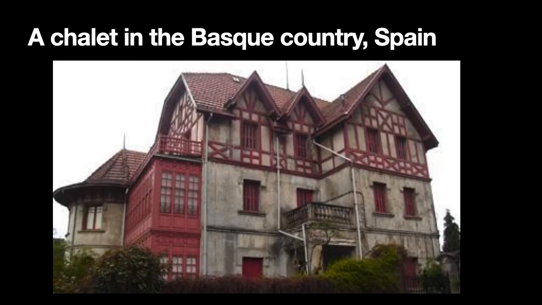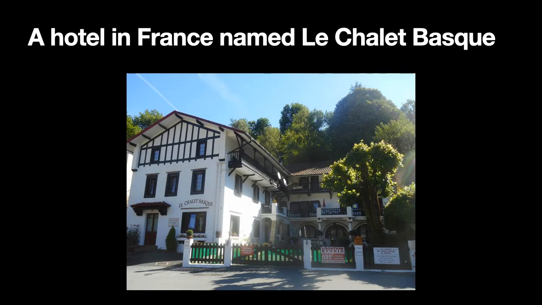If you look here, it is very rich, full of architectural detail. But most of those details have been removed, and only the bare form of a Basque chalet is displayed here. Now, why is that so? Because all those details are unnecessary when you reduce the chalet from meaning to form. When you make it a form, it is just a signifier. And what does it signify? This building in the midst of the city of Paris or any other city in France will signify Basqueness, perhaps, the quality of certain uniqueness that you associate with the Basque region of Spain, because it is not in that region, but it is in